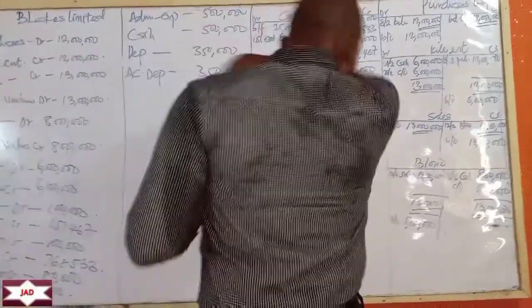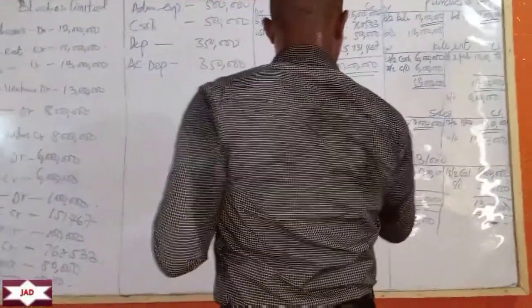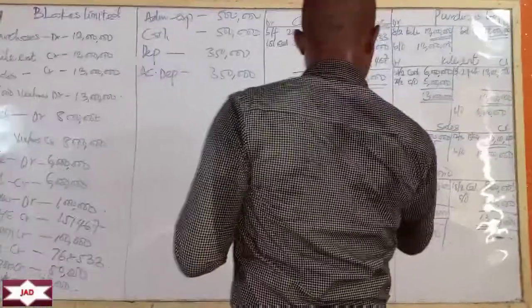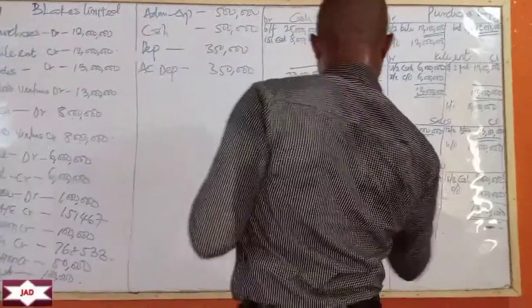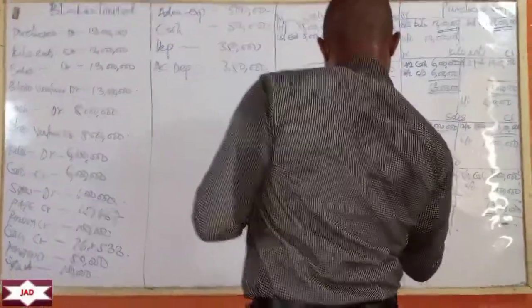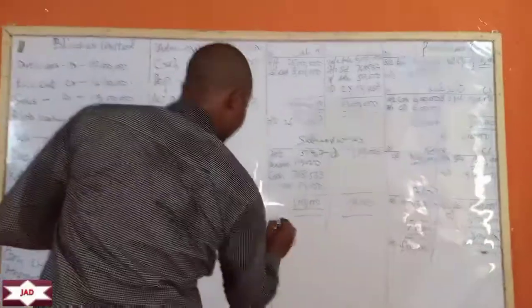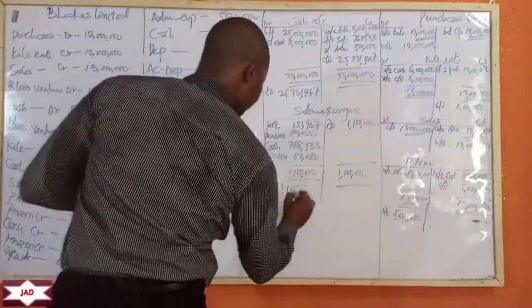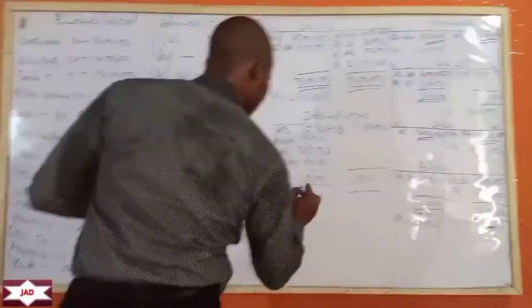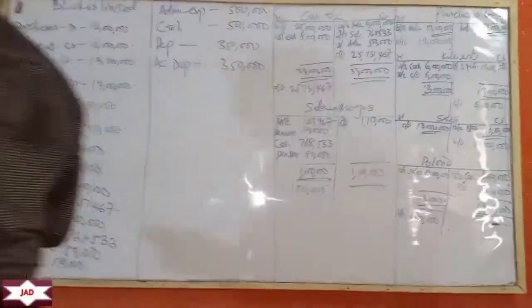So we have carry down of 1,100,000. So both sides become 1,100,000. So that's an expense brought down, 1,100,000. Okay. So we've done